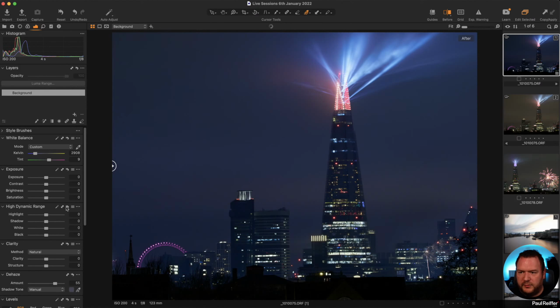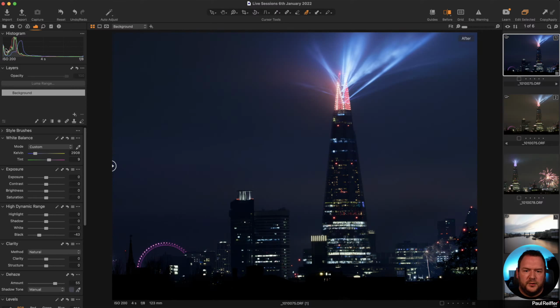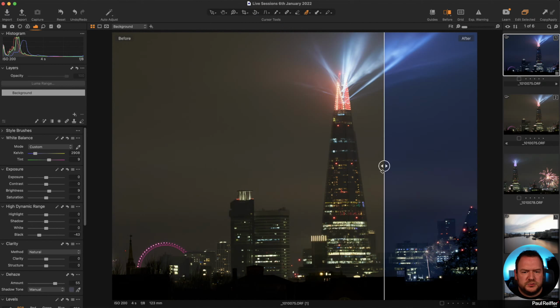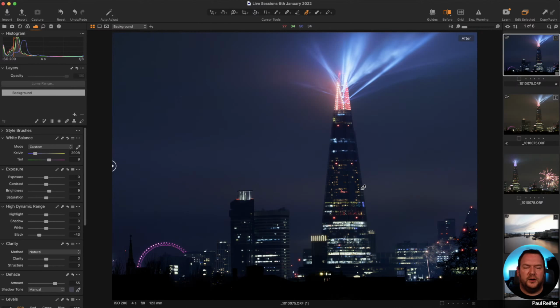Let's temporarily undo and look at my histogram. It started to separate the darkest elements by pushing them darker from those lower midtones. And with that, I can then pull up either our brightness or exposure to offset it, and I get a much, much more defined skyline as a result of doing that.